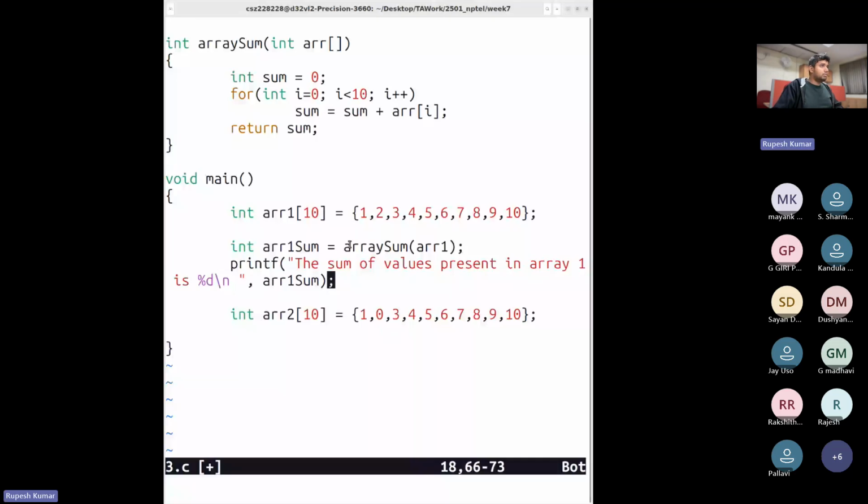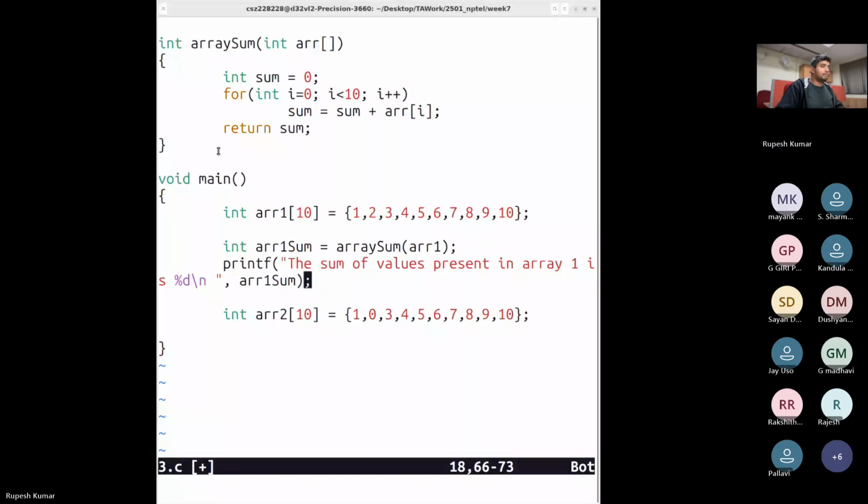Do you have any doubts with this program? What I'm doing here? So what is the doubt? If you have any doubts, please tell me. Pragati, do you have any doubts? Great. Fine. So let's go ahead and run this function.